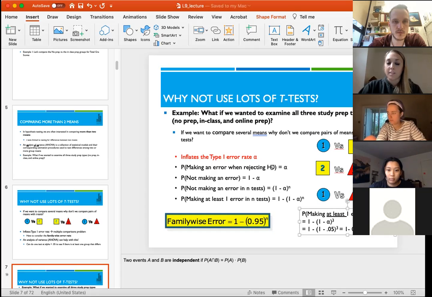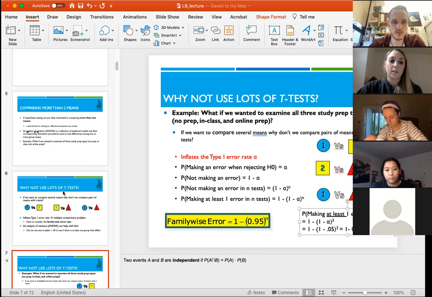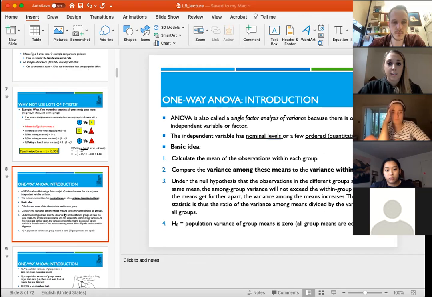But this is where this becomes a problem because of this core issue here, where every time you do a t-test on the same data set, you're increasing your type 1 error rate. So if we have 3 groups, we can't really do this. We can't just do 3 t-tests. And you can imagine in some other experiments, you might have 4 or 5 groups, depending on all the things that you're wanting to test in your experiment. So one of the solutions to this is to do